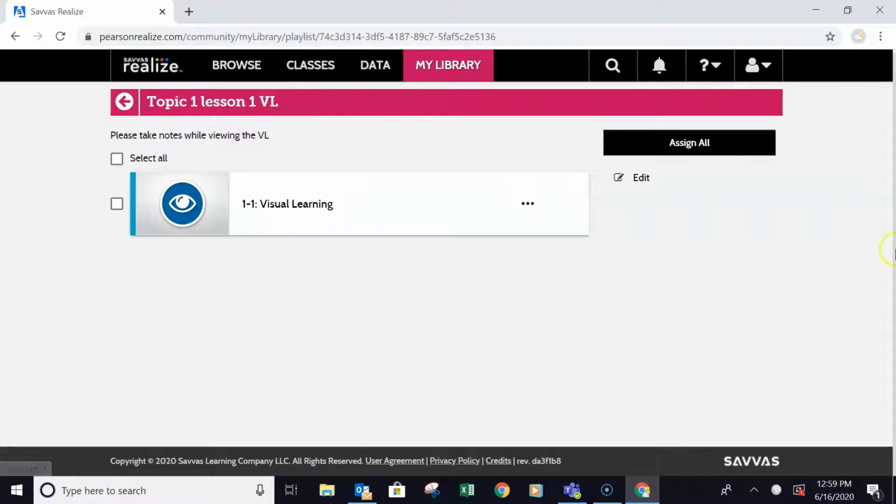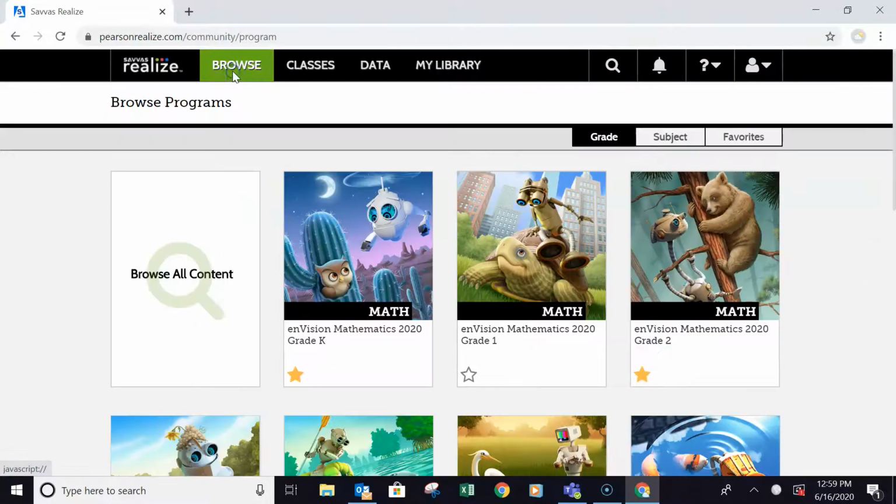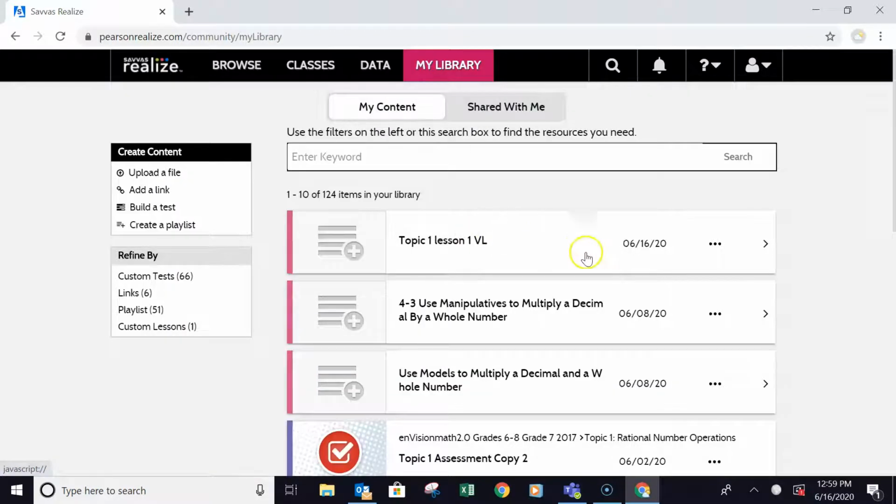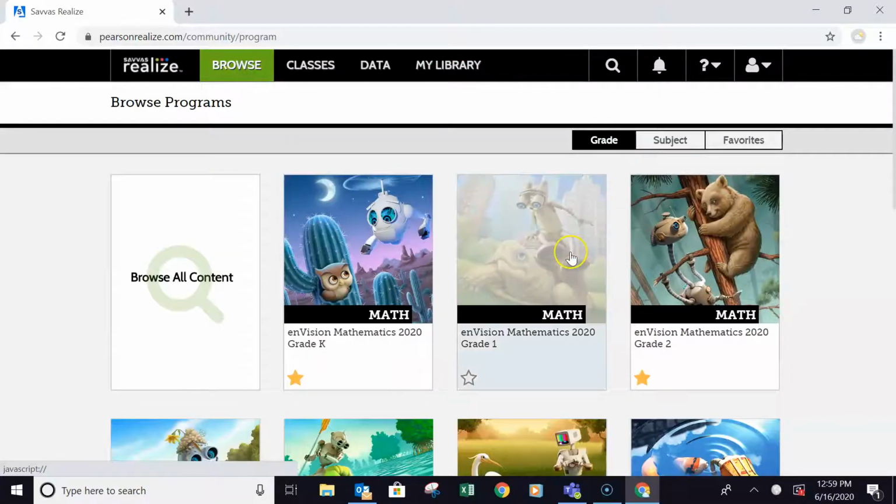Another way that you can check your playlist, you can just go up here to Browse, and you can go to My Library, and you'll see the one we just created where it says Visual Learning, okay? So now I'm going to go back. Remember this, because this is going to be the playlist where I'm going to keep adding my assignments. So I'm going to go back to Browse,